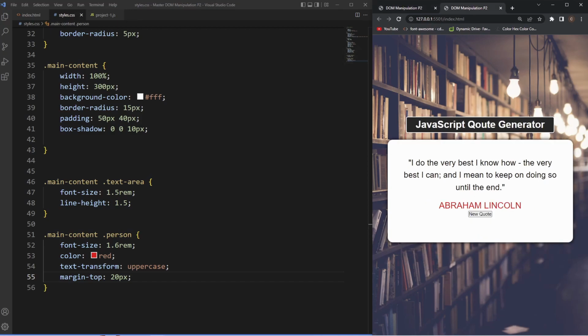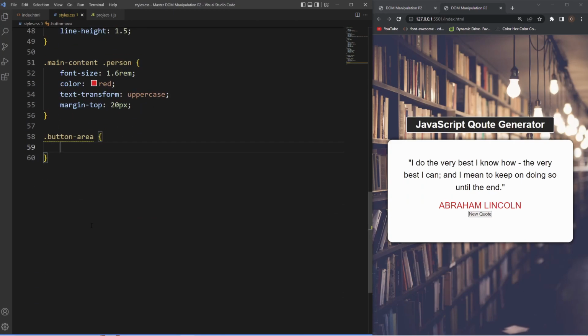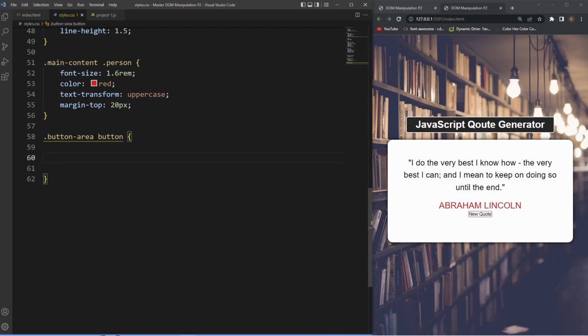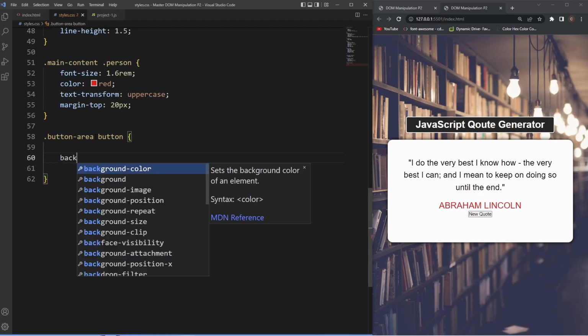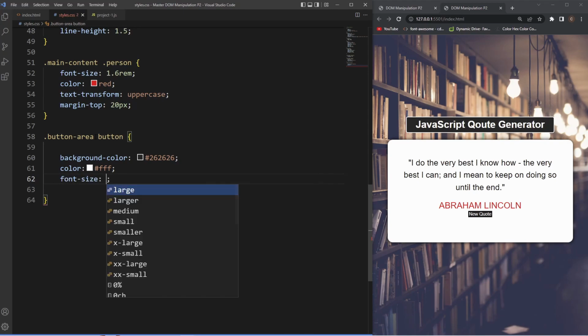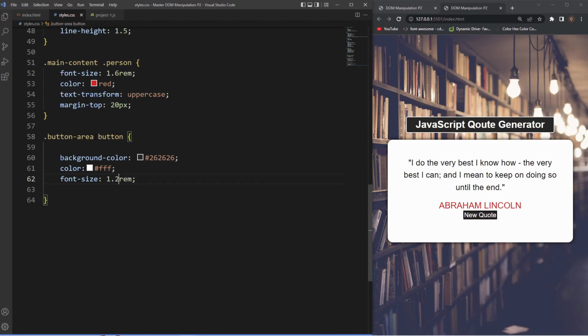Now let's style the button. So we'll grab the button area, which houses the button, and we'll grab the actual button itself. Let's change the background color to that dark gray. Let's change the color of the text so we can see it to white, and let's increase the font size of this to say 1.2 rem. Let's actually make that a bit bigger, 1.3,